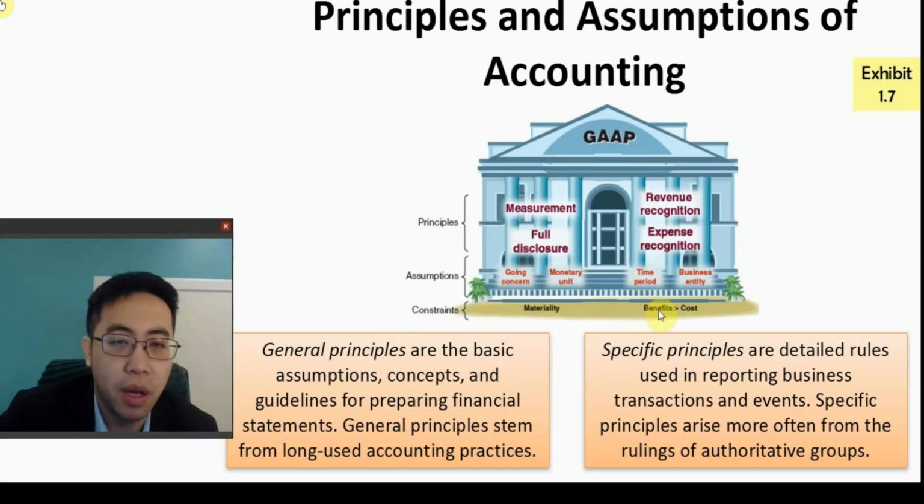And also we will study the items that actually concern the daily operation of the firm. And also there are constraints applied to this GAAP. The materiality, everything needs to be on paper and materialized, and also the benefits have to be greater than cost when we're running our operations. And this general principle would apply for the long term, and when we combine the assumptions and concepts, principles, and so on, that is a very maturely developed accounting rule that people can use.